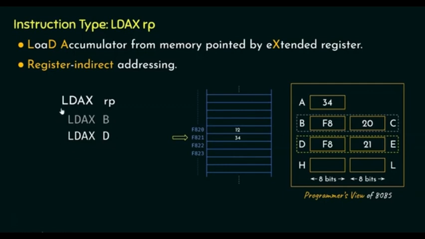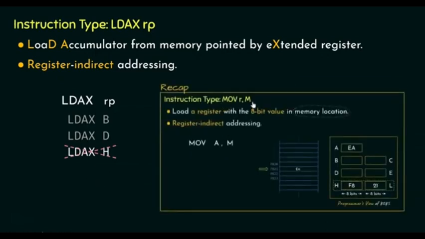Now for the instruction type LDAX RP, what do you think will be the next instruction? Well, the general presumption would be LDAX H. But let me tell you, there is no such instruction in 8085. That is, the HL pair is not used in this manner. Now you might be wondering, we have the instructions for LDAX B and LDAX D. Why not LDAX H? In order to explain this, I would like to take you back to the instruction MOV R,